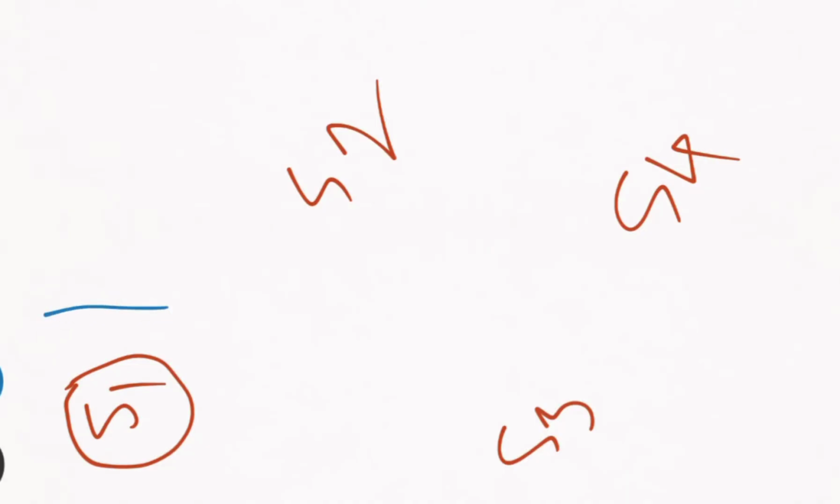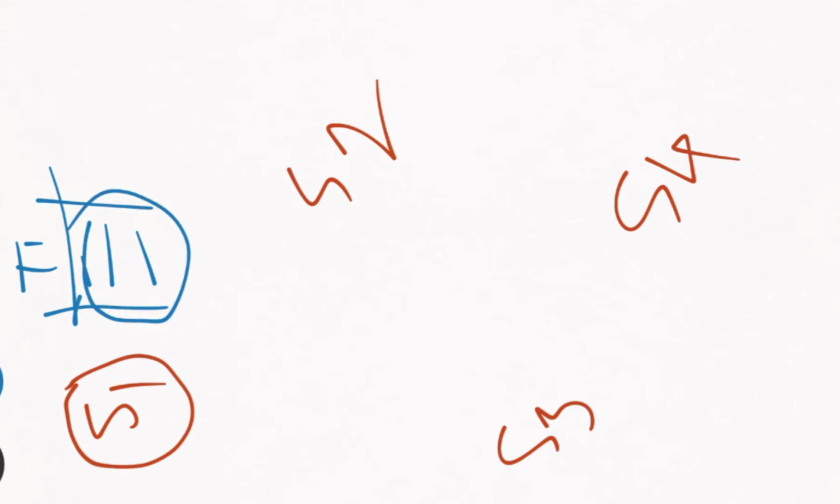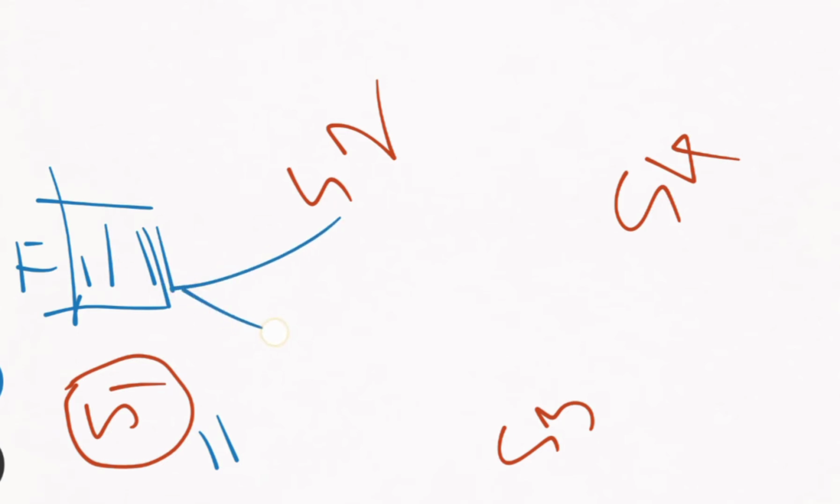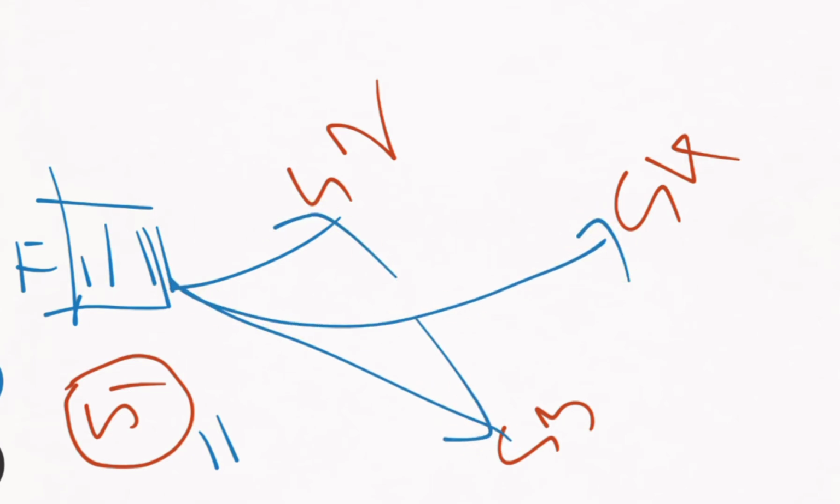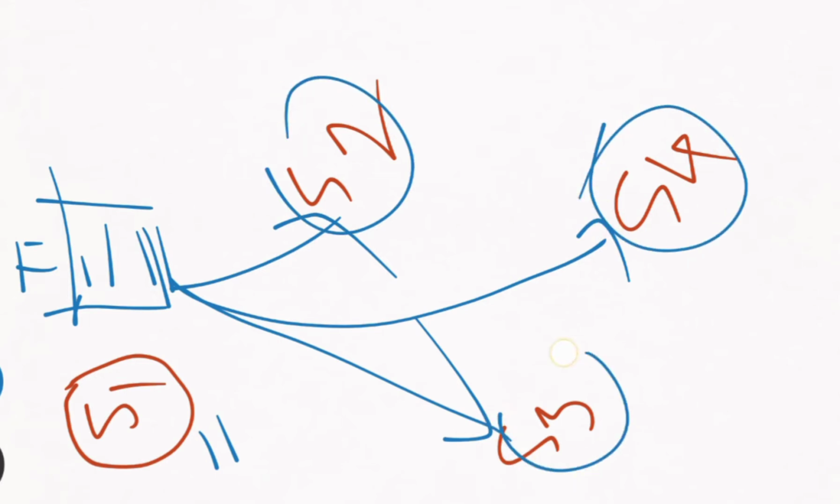Suppose one transaction T1 has operations that need to be executed, and these operations will not compulsorily be executed on S1. Part of this transaction will be executed on S1, S2, part of it will be executed on S3, and part will be executed on site S4. Such a scenario is called a distributed transaction.